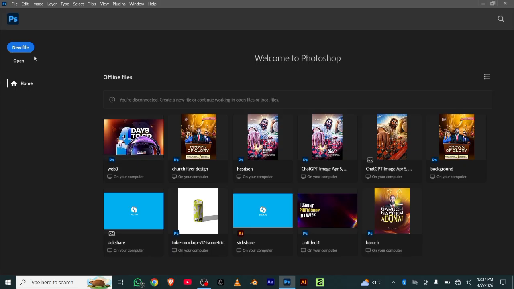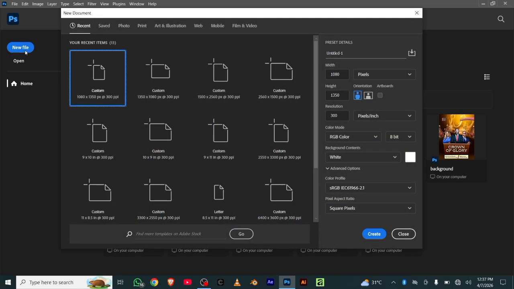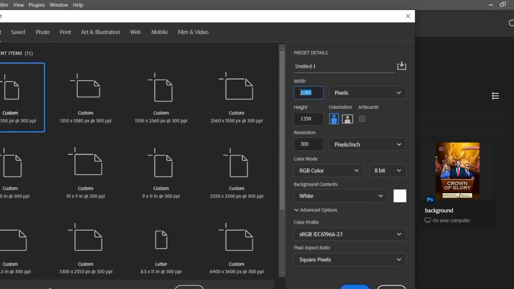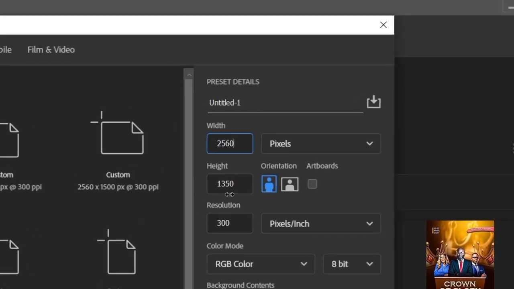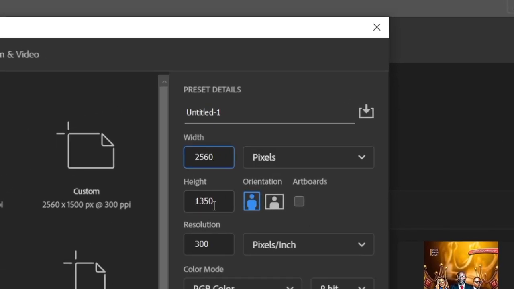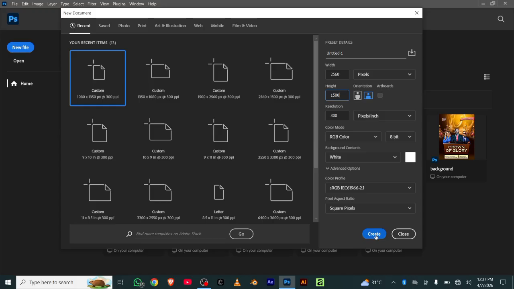So let's go over to new file, and as you can see we already have some presets here. I'll just go over to my width and I'm going to enter 2560 on the width, and remember it's pixels that we're using, and the height is 1500, right? Okay, 1500, that's it. And yeah, the orientation is going to be landscape, and we can leave every other thing here like that. Just click on create,